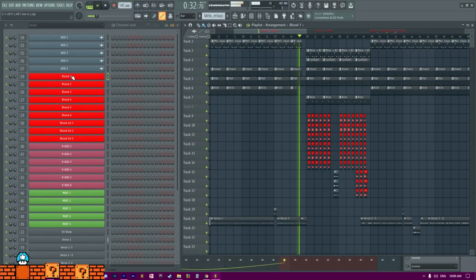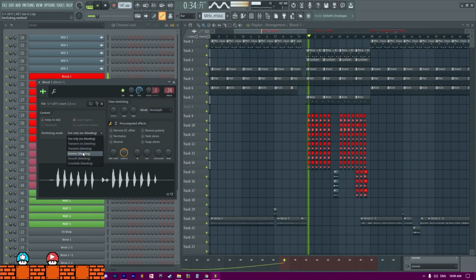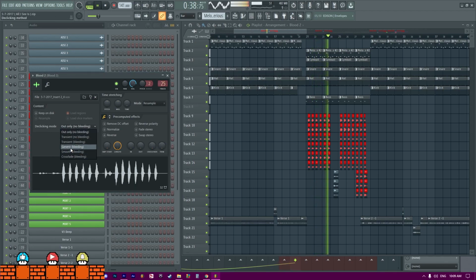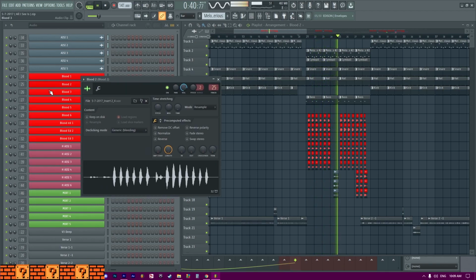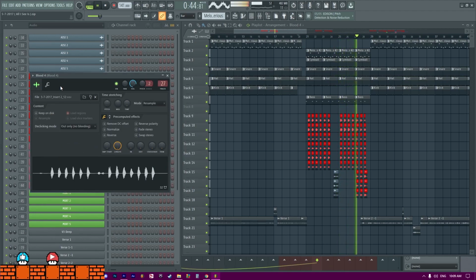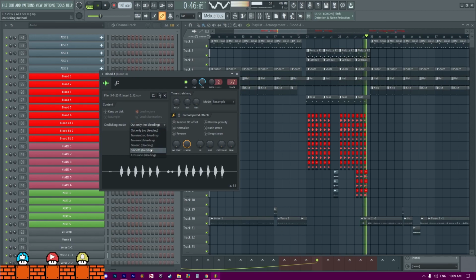For artists out there that do record on FL Studio, I'm sure we all ran through this tedious process, which is pretty much clicking on every single vocal recording, going to the declick mode option, and then setting it to your preferred declicking mode. For me, it's general. Is it called general? And then guess what? Repeat the process as many times as you have to, and then consolidate your tracks so you don't get little pops and clips when you merge your tracks together.